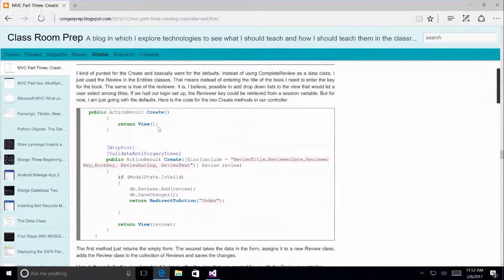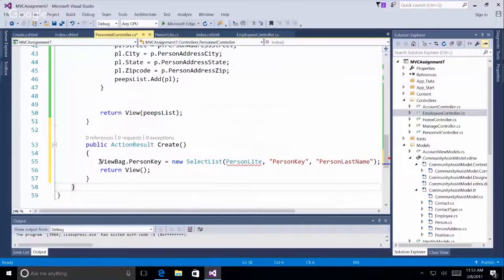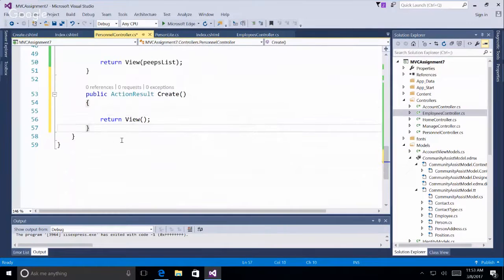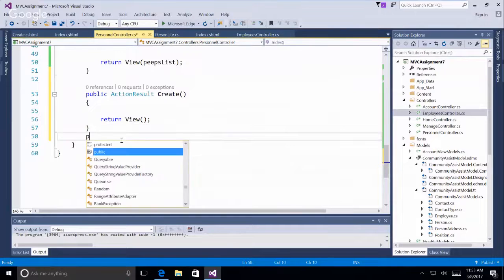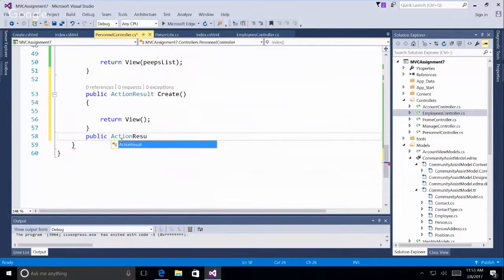So in the create, I just did return view. And then in here, it's a matter of returning all of the fields. So let's just return view and create. Yeah, it's a double constructor. It's overloaded. Let's just do this. I think it's fine with that. And then we'll do public action result